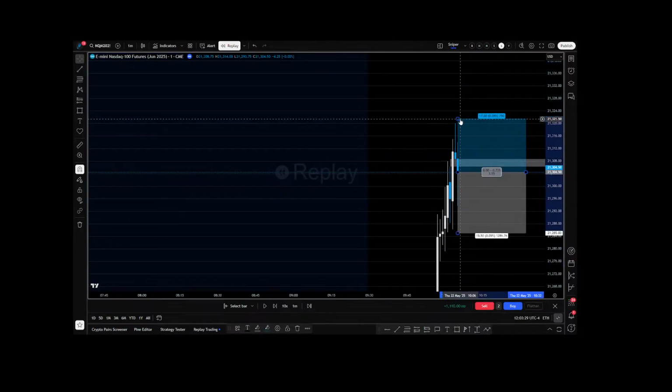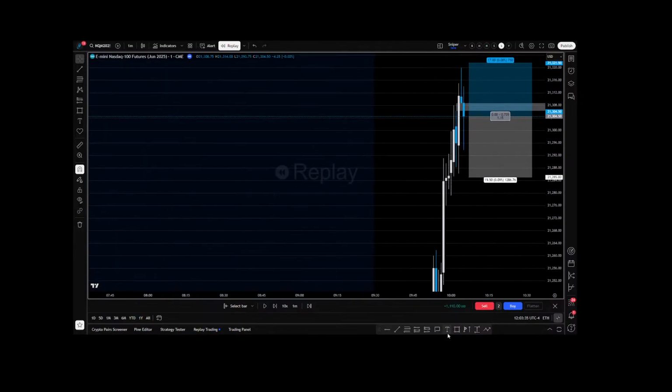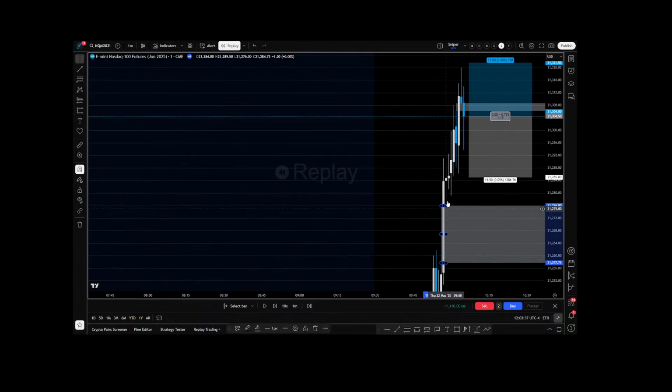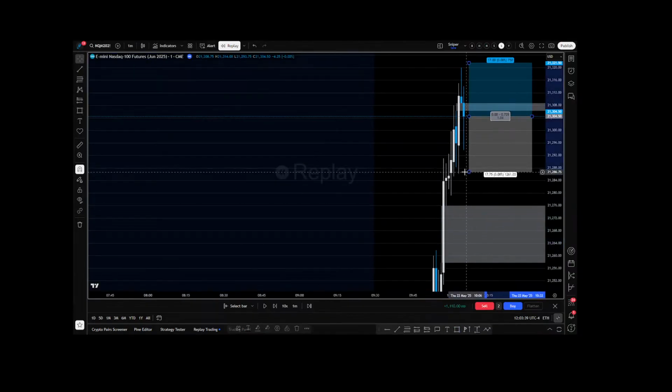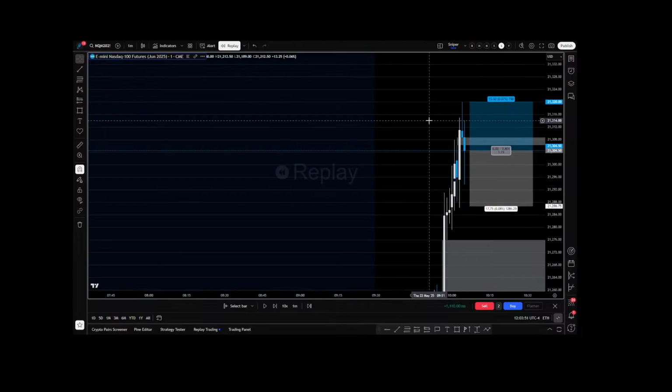So looking at this setup, couple of lows here, fresh 1 minute here. I would be looking to exit at this swing low, sell at the close, and just for peace of mind, I would be putting my stop at this swing high. 1.15 risk reward, that's fine with me.